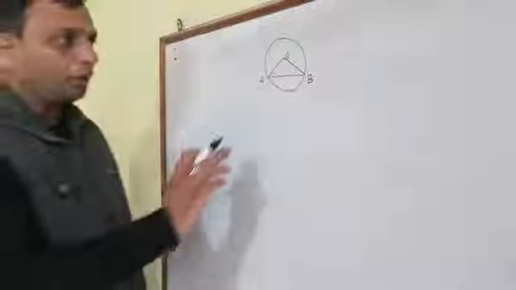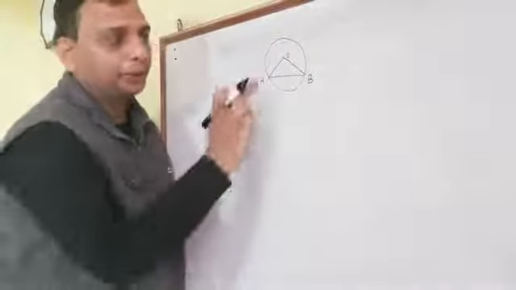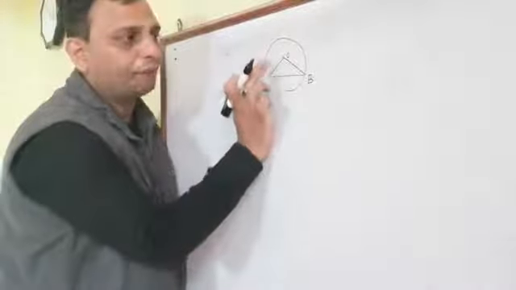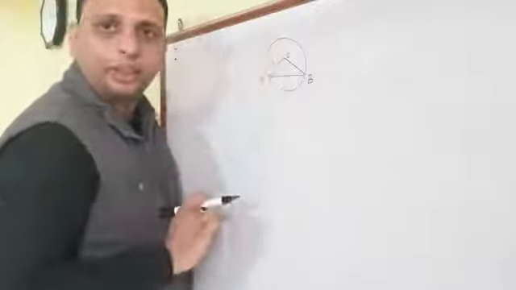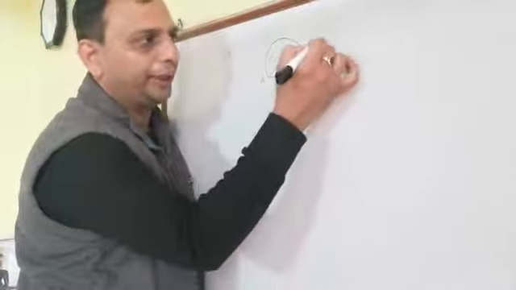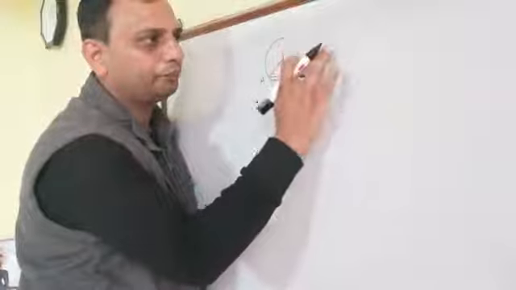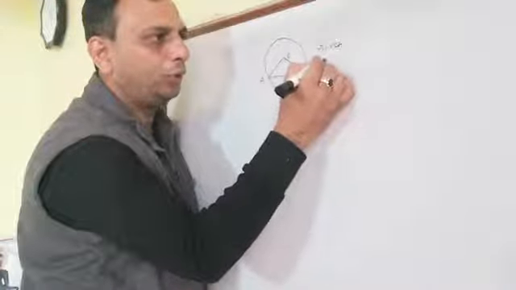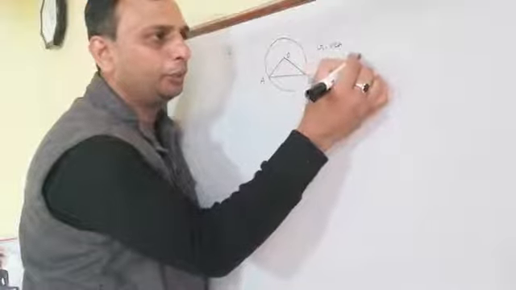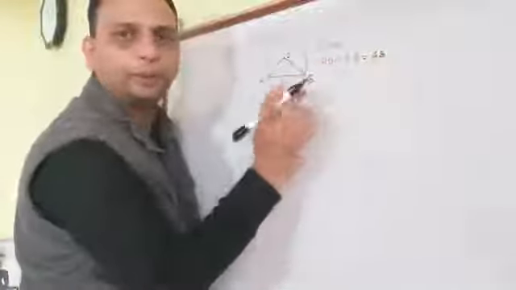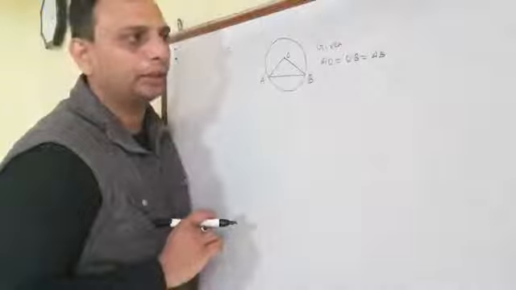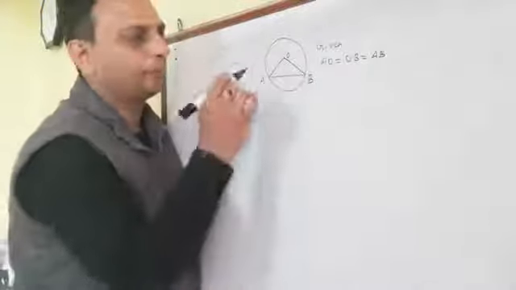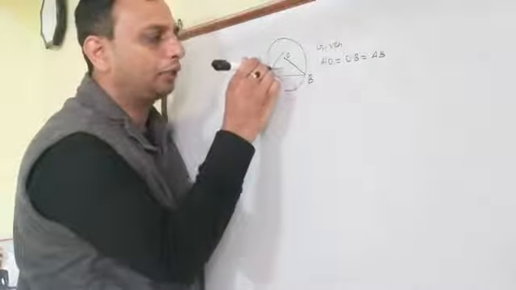minor arc. So first, before making that arc, you understand this one. It is according to the question that radius is equal to the chord. So can we write here AO is equal to OB is equal to AB, because AB is the chord, OA and OB are the radius, they are equal to each other, and we will make the arc also.